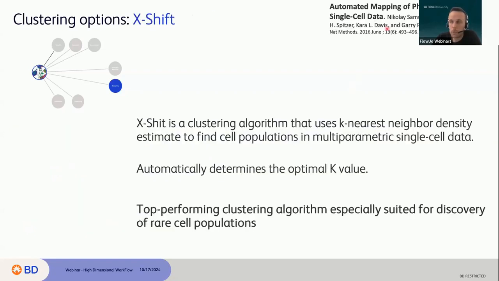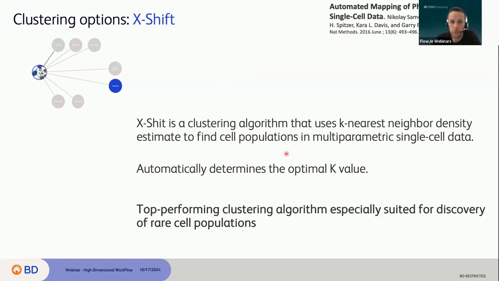XShift has been published here, Automated mapping of phenotype space with single-cell data, written by Nikolas Samusik, in Nature Methods in 2016. XShift is a clustering algorithm that uses the k-nearest neighbor density estimate to find the cell populations in multi-parametric single-cell data. And the big advantage of